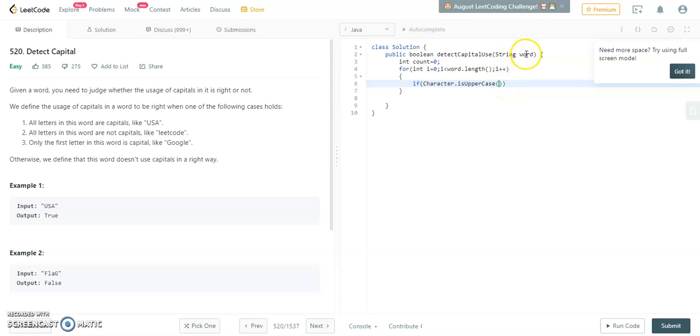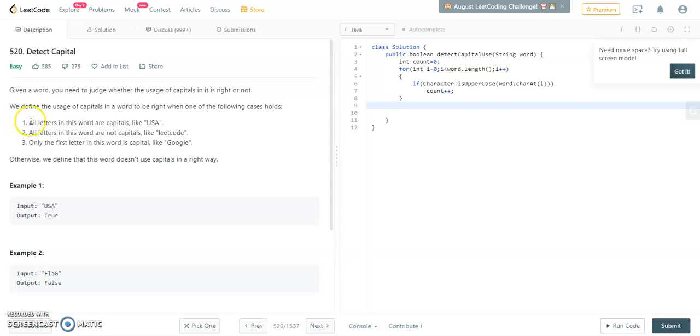But in our case, we have to test the letters of the string word. So we write it like this: word.charAt(i). If this condition is satisfied, then we have to increase the value of count by 1. So now we have the value of count.